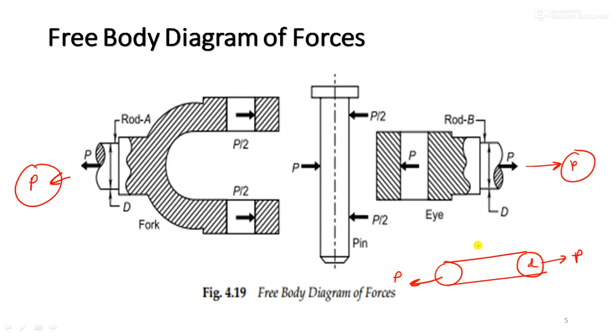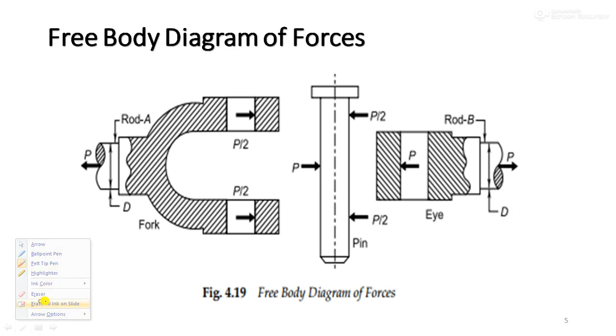So let us say this is some plane XX. In this plane, due to this force P, the tensile stresses will be created and this rod will break due to the tensile load, means this rod will become like this, right? This is the condition of the rod. So this area is called the area resisting the tensile failure. This area will obviously be equal to pi by 4 d square, because it's a circular cross sectional area. I hope it is clear to all of you.